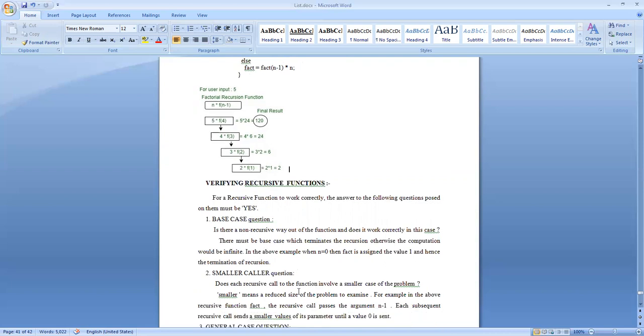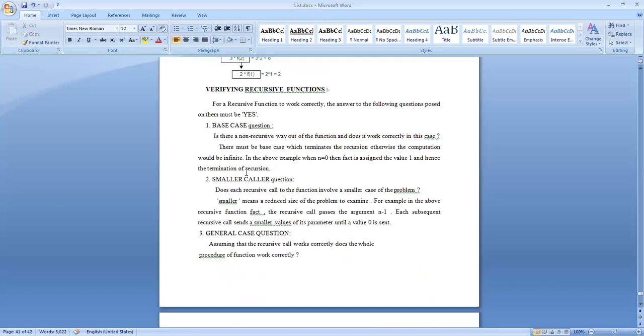That is, does each recursive call to the function involve a smaller case of the problem? That is, with each recursive call, the size of the problem would be reduced. Otherwise, it will keep on going. Now, with how this question is answered in this function,